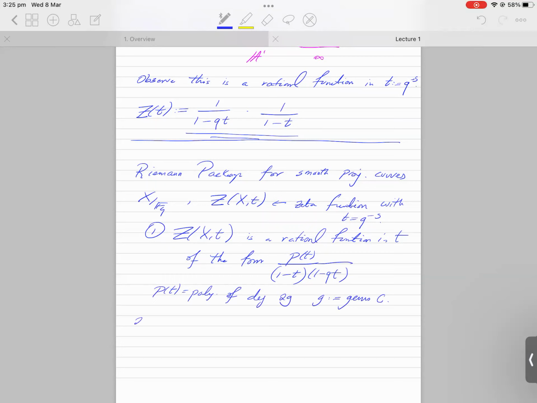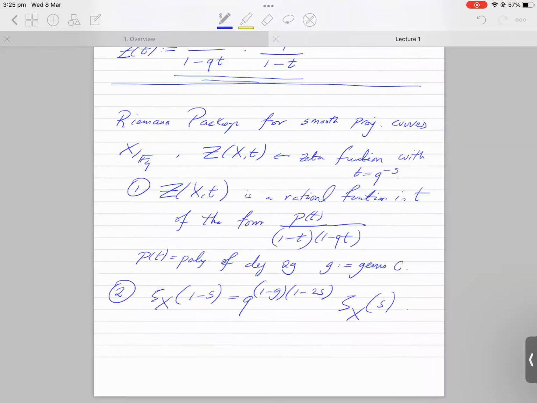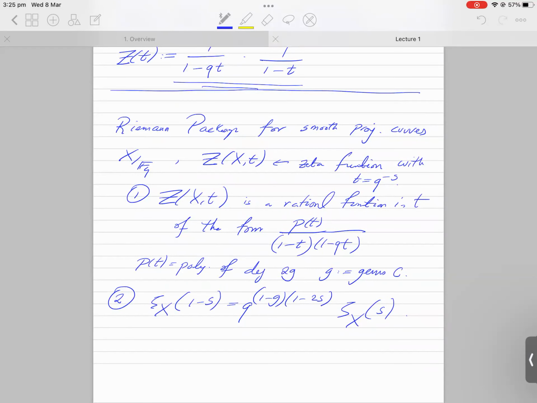Okay. Part 2 is the functional equation. I write it in terms of zeta now. Zeta x of 1 minus s is q to 1 minus g times 1 minus 2s times zeta x of s. So it's almost zeta x of 1 minus s equals zeta x of s, but there's a factor of q to some power. Okay. And the third, which is the Riemann hypothesis, is p of t